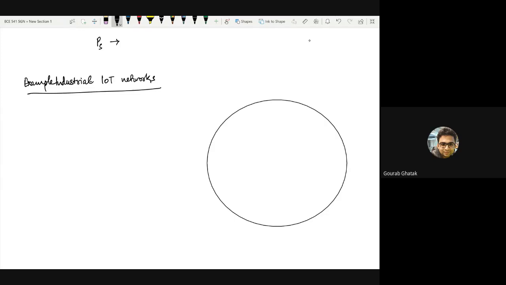So in a factory floor, there is a controller. Let's call it the controller node, and there are device nodes, or terminal nodes, TNs, and this is your entire factory floor, right? Such a model, by the way, a disclaimer: we at IIIT Delhi are doing a project with Nokia Bell Labs, who want to define these industrial IoT networks, and this is the model that we started with.